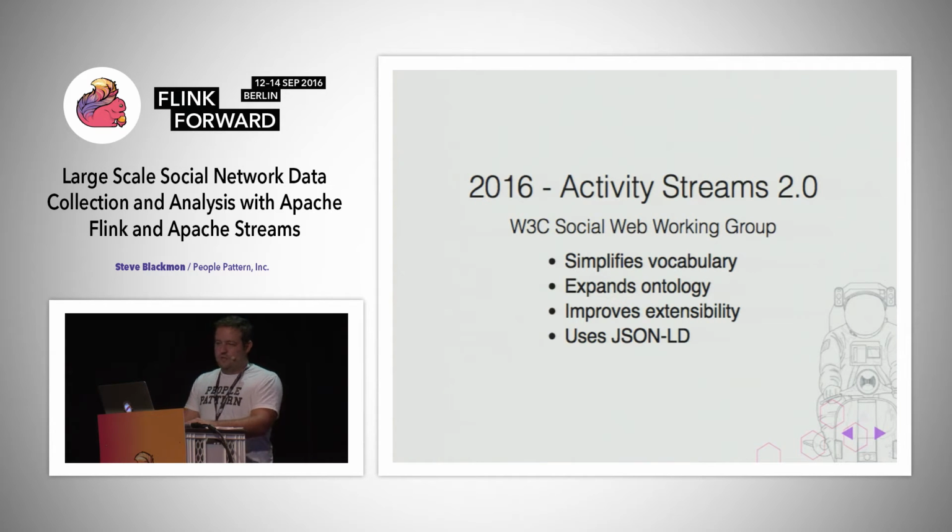So Activity Streams 2.0 is currently going through the W3C Social Web Working Group, and they're trying to do a number of things. They're trying to simplify the vocabulary, take a lot of the stuff out of the spec that wasn't really all that widely used, expand the ontology to cover more types of objects and activities, and make it more extensible so that you can use Dublin Core metadata or other sorts of RDF standards directly in the spec. Schema.org is another that has a lot of